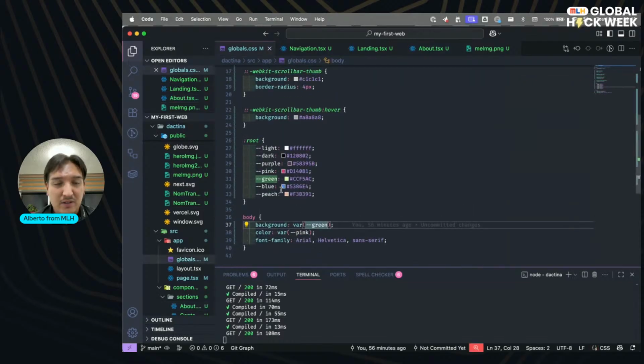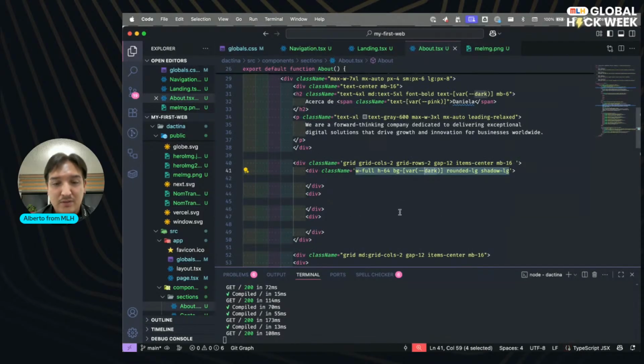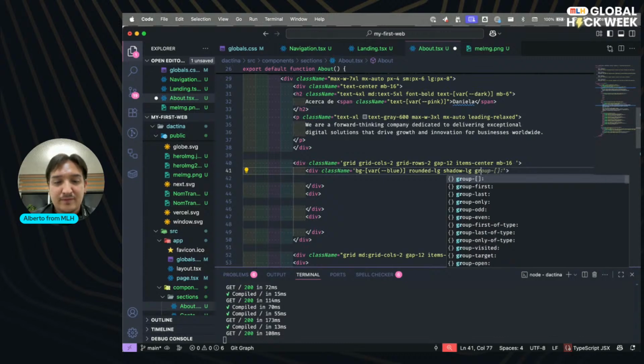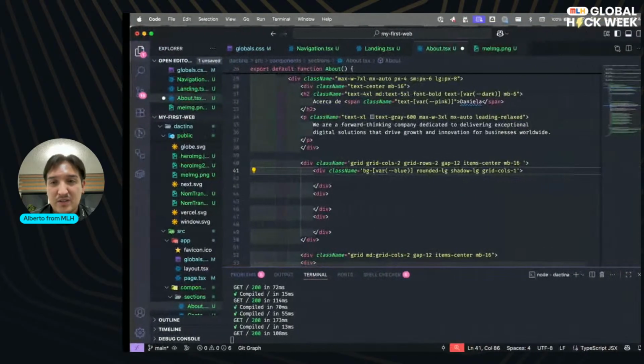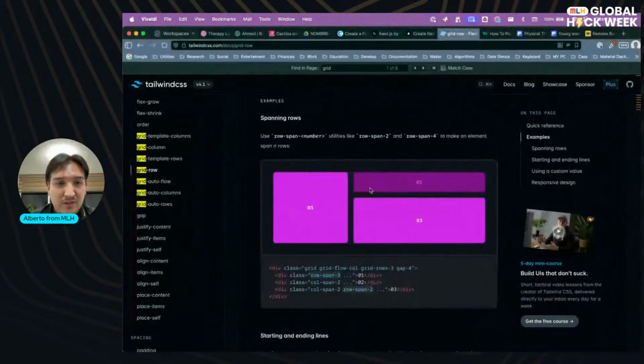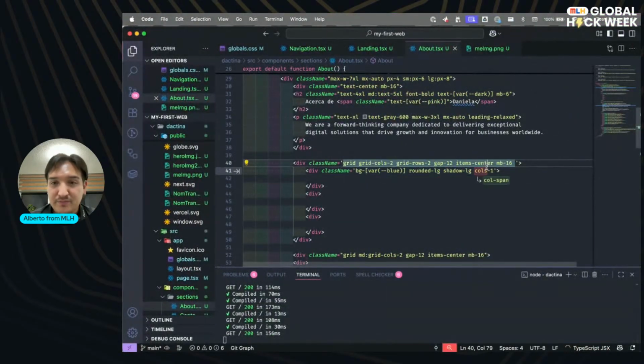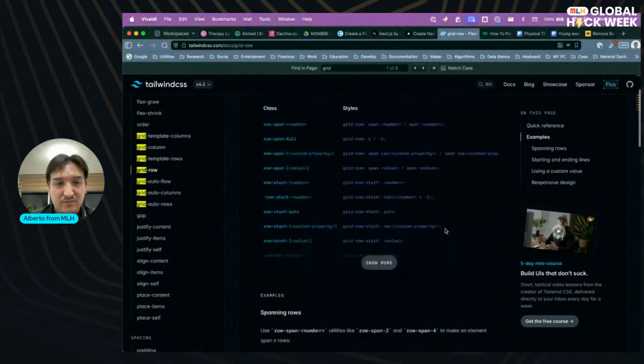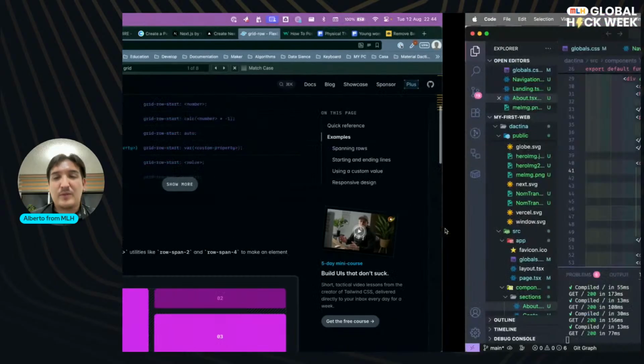This should be something colorful like the blue. Called span 1, row span 1.